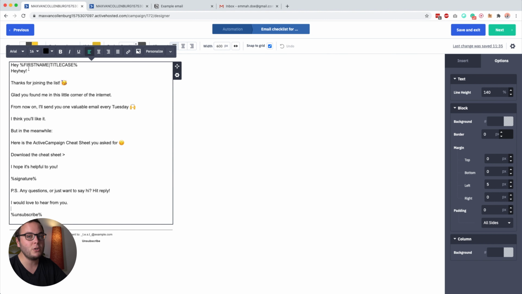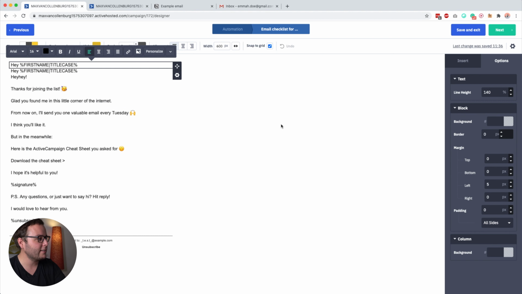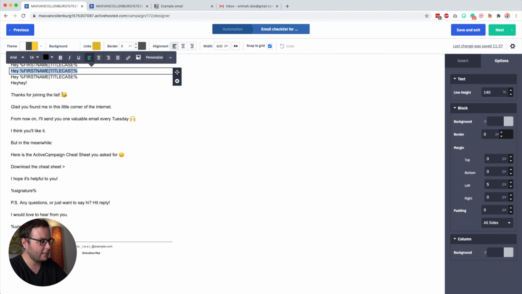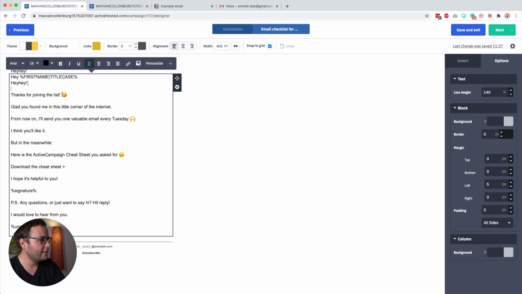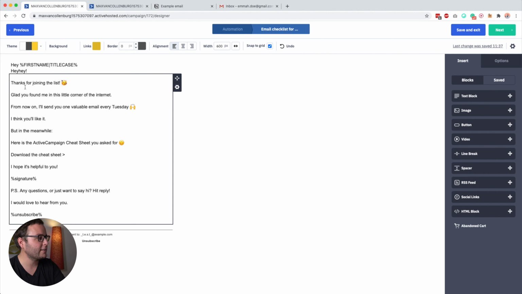So the first thing that we want to do is insert some conditional content, because we do not want to show both of these, right? We only want to show either "hey Max" or "hey hey" if we do not know the first name. So what we do, we just click here, duplicate content block, and then I just delete this. Then we have that block, and then I just duplicate it again, and then I say here "hey hey." And then what I like doing, I just say here, okay, remove. And then you see now that we have a content block here for text, for text, for text.